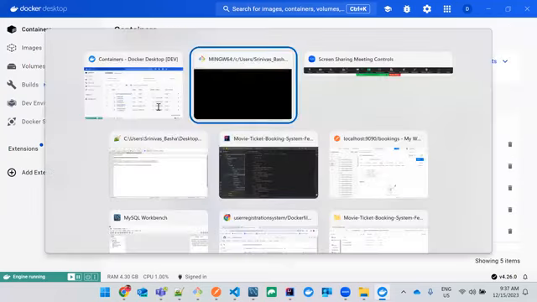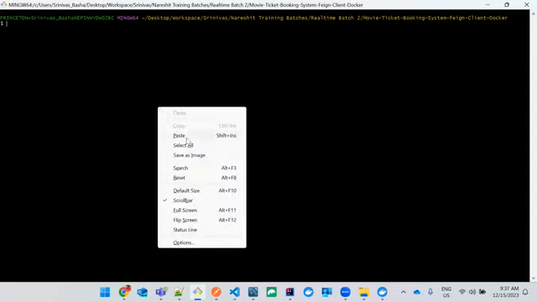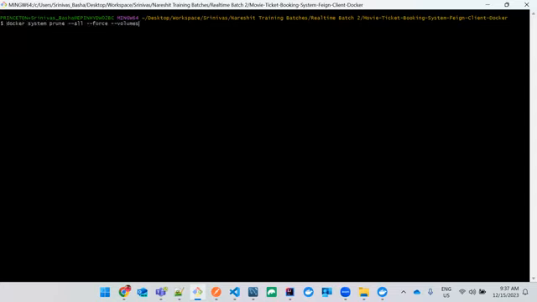But I don't have to do anything like that. I can just copy and paste this docker system prune --all. The all flag means remove all the images and containers forcefully, very quickly, including the volumes. So if I execute this command,